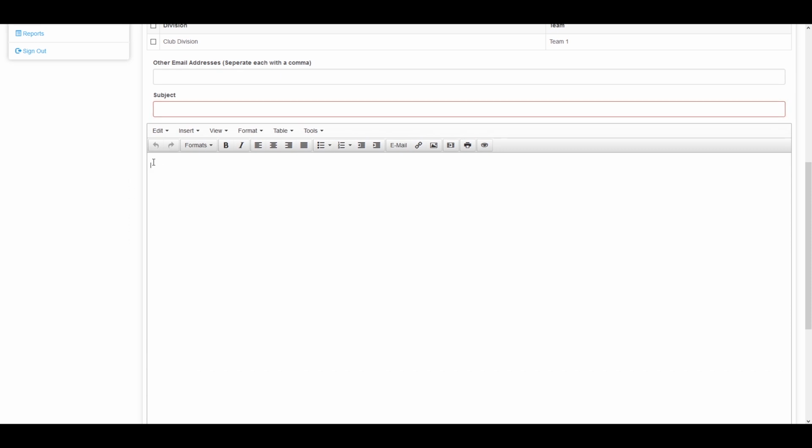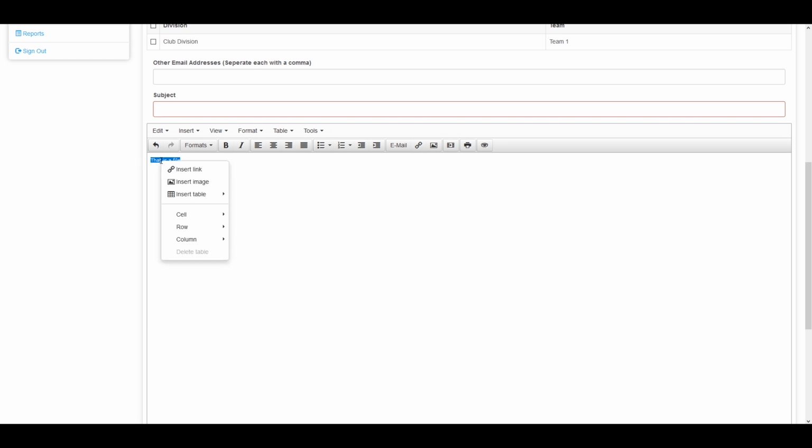Without getting too far ahead of ourselves, this is where you would type your email, but you can also drop in files and photos here. Keep in mind that does affect the send times. When it comes to dropping in files, the way it works is you will enter a piece of text,